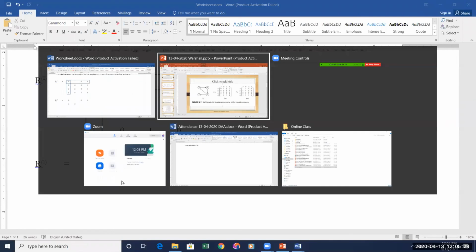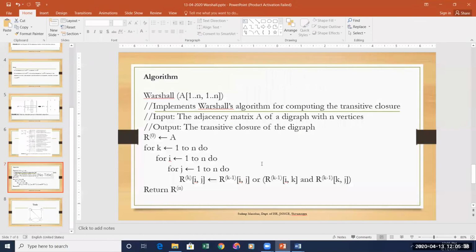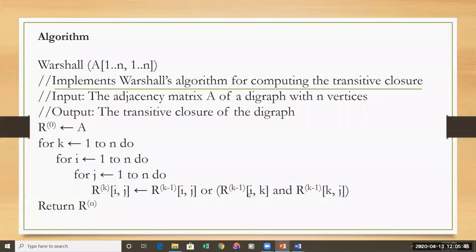For this I will show one formula so that it becomes easier for you to understand. Yes, look at this algorithm. Focus on the last line.